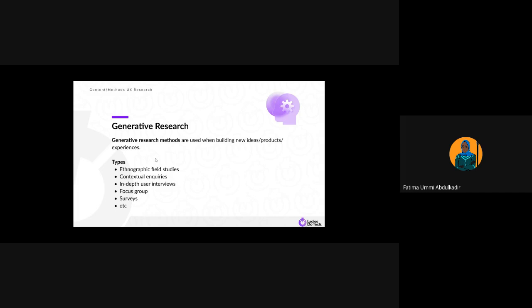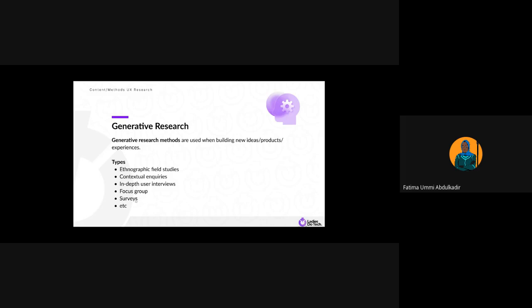But if you look at it from the qualitative and quantitative point of view, it's a lot more difficult to choose what research method to use. If you look at it from the kind of problem you want to solve, then you'll be able to get the kind of research methods to use to address that problem. So under generative research methods, I have ethnographic field studies, contextual inquiries, in-depth user interviews, focus groups, surveys.